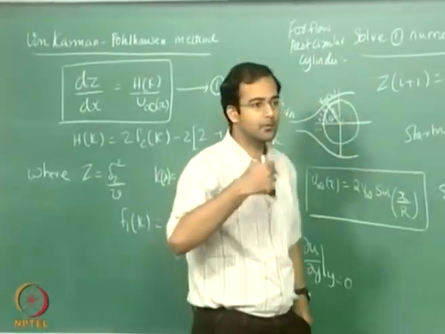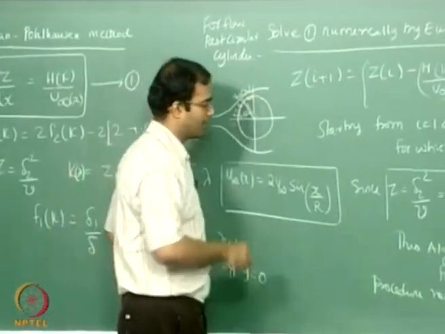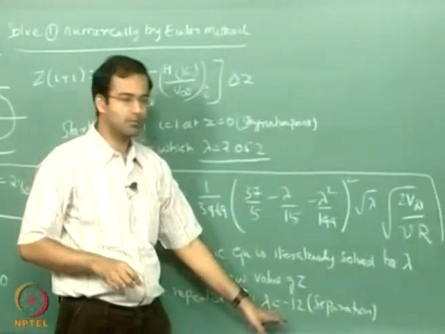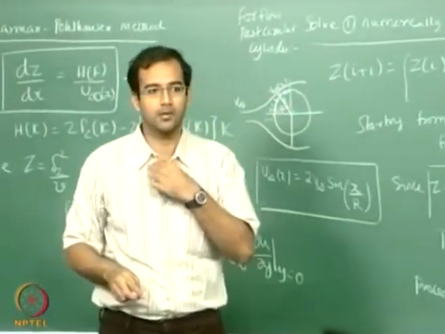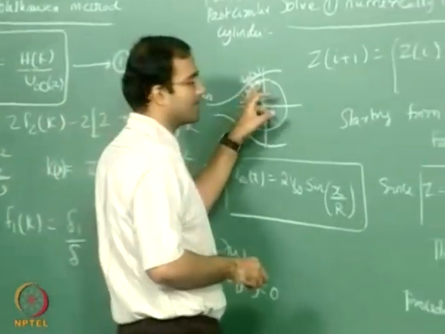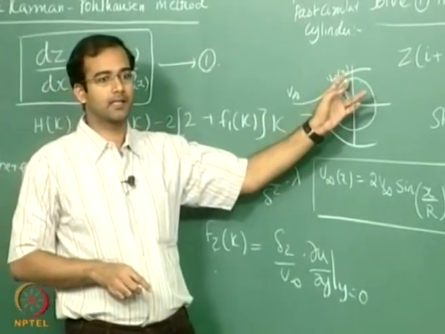So I keep doing this integration till I reach a particular point where I find that lambda comes to minus 12. That indicates that the flow is separating at that particular point, and that is where I stop the integration. So with this method I can actually